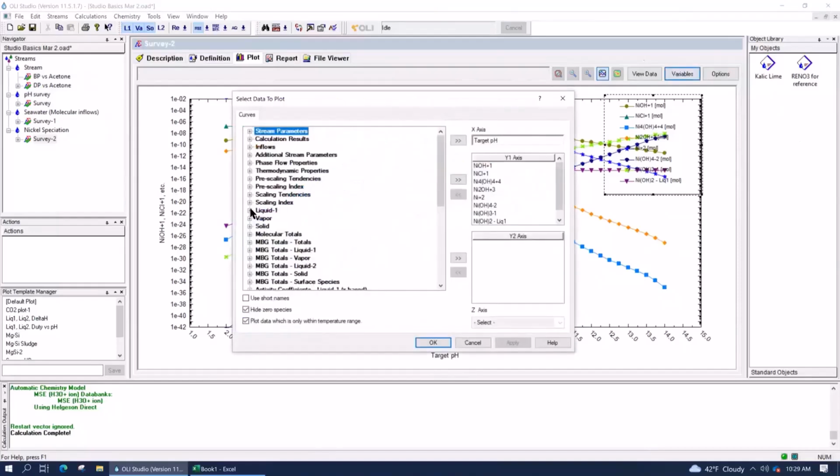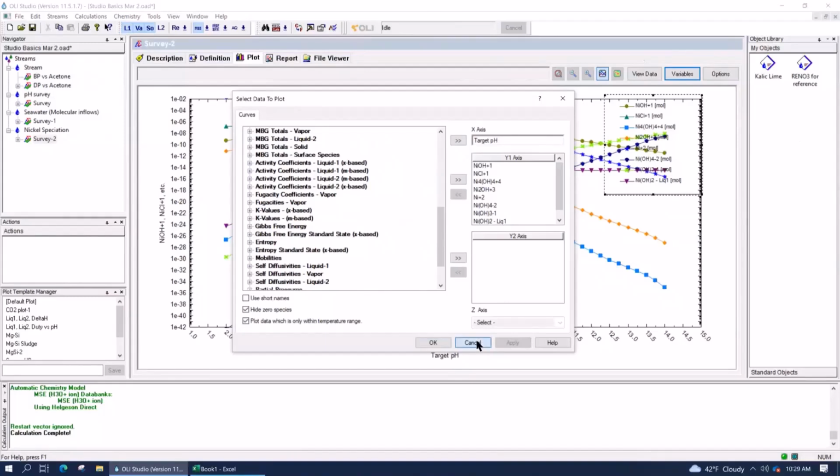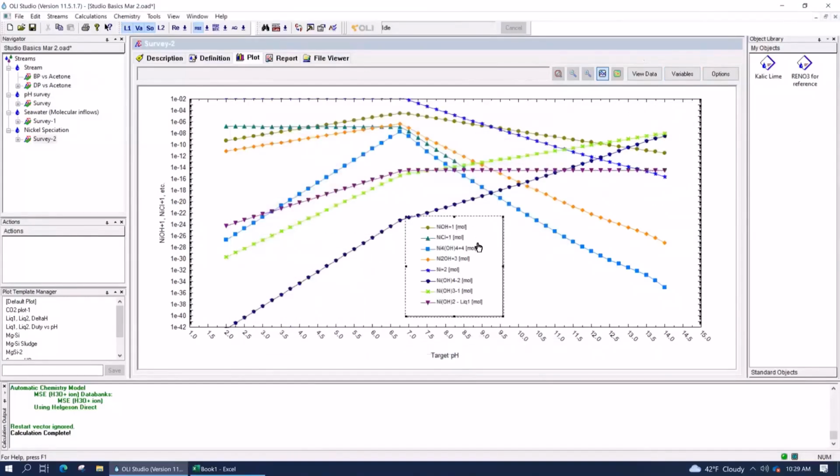You can get the liquid proton, put this on the x-axis, and then you'd have what you're looking for. It's not perfect because this is the concentration, not the activity. Nevertheless, at least it's close to what you're looking at. It gives you a smoother plot, at the very least. Okay, good.